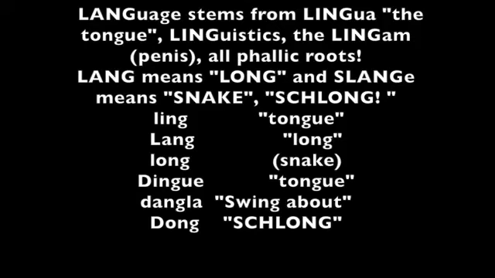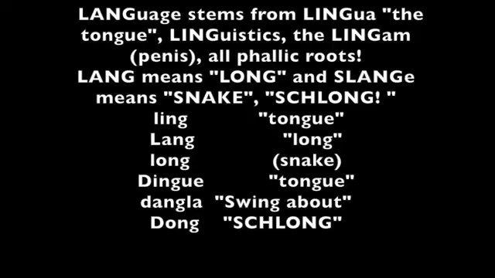When we look up the etymology of language, the root word lang actually means long. Language, which refers to the tongue, the linguistics, from the Latin lingua, of the tongue,